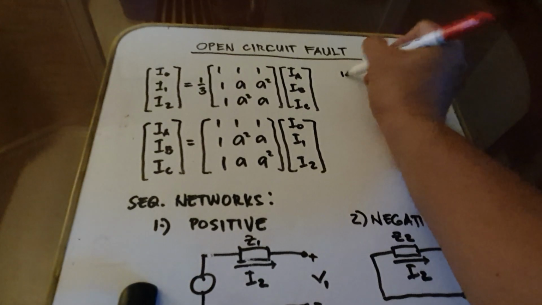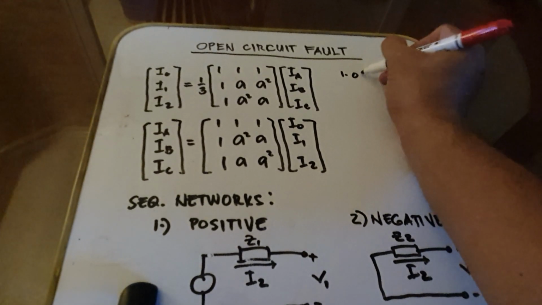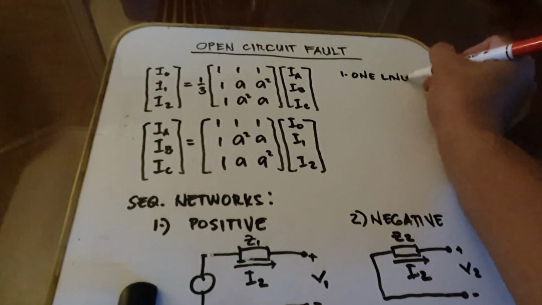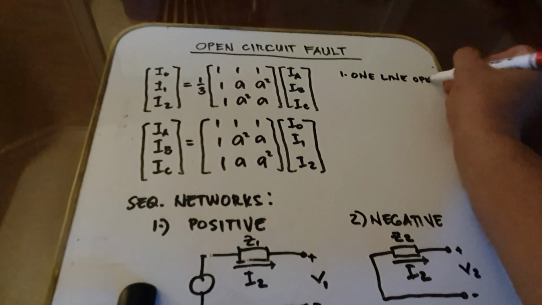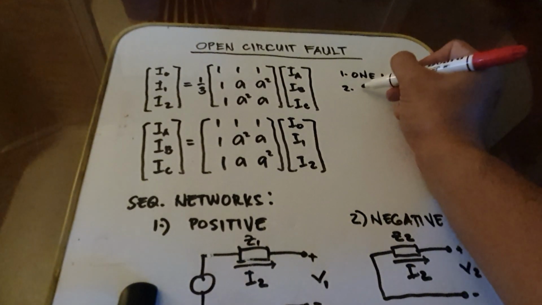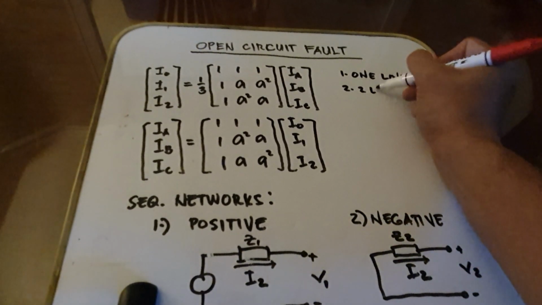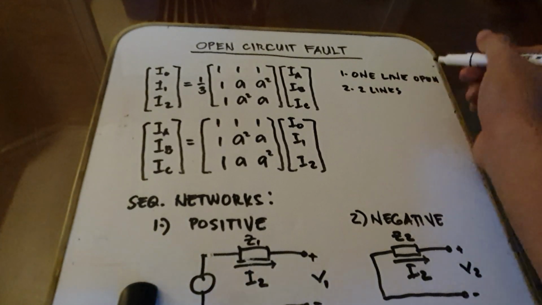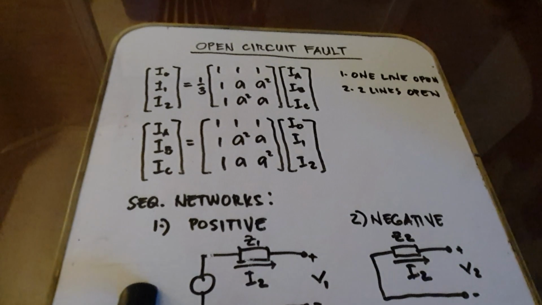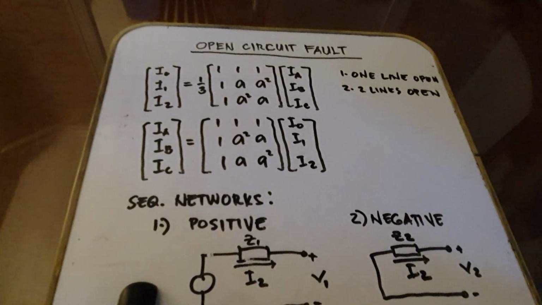So, one line open and two lines open. Okay, so these are the two types of open circuit fault, and we are going to apply the symmetrical